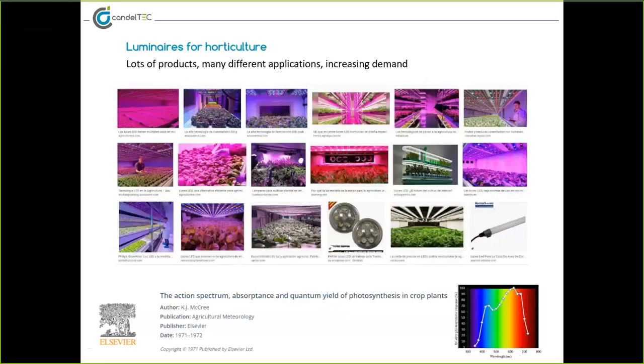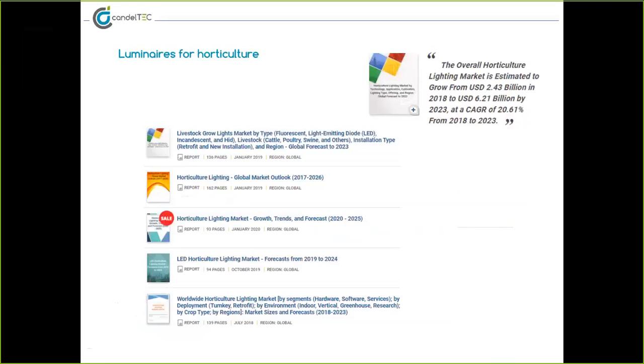With the word horticulture lighting, we can find lots of products and projects on the internet. These types of products have been in the market for decades, some years ago using lamps with different special spectral distributions. But currently, many new products are based on the use of LEDs. There is an important market behind these products, and it is a growing one, even in countries with many hours